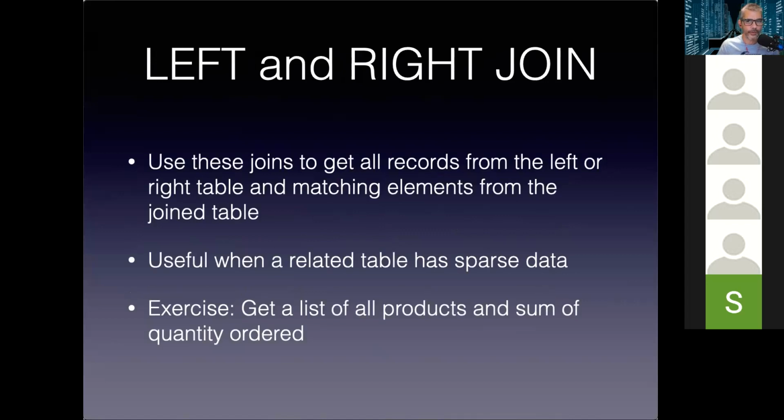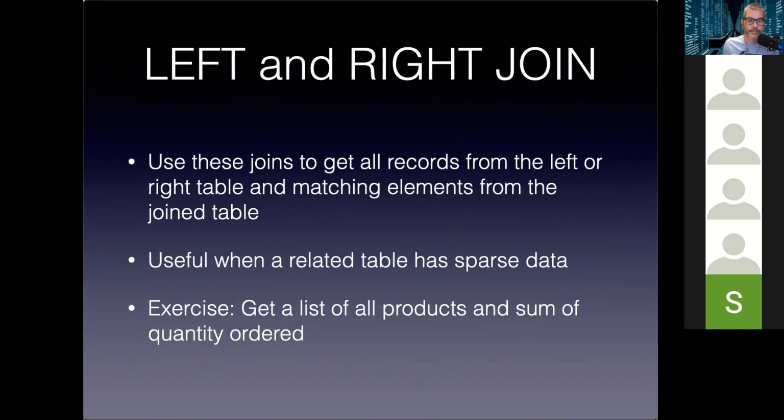left and right joins. These are specified differently, but they essentially do the same thing. This is a situation where you are getting all of the records from one of the two tables that you're joining, and only the matching records from the join table. So you would do this in a case where you want to know everything about one table. You want all the information from one table,